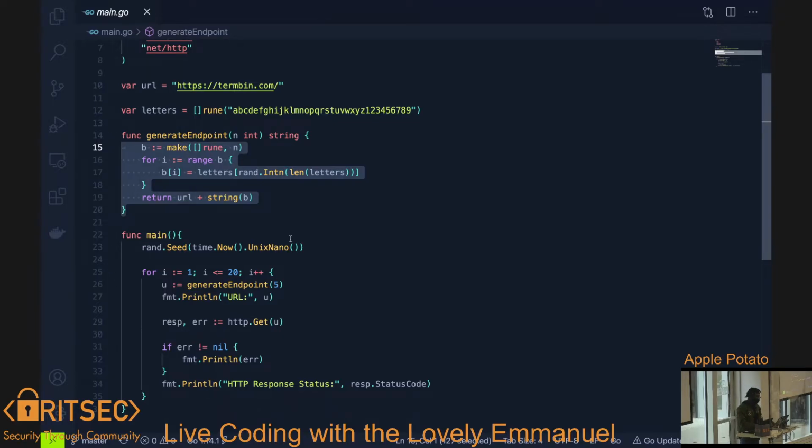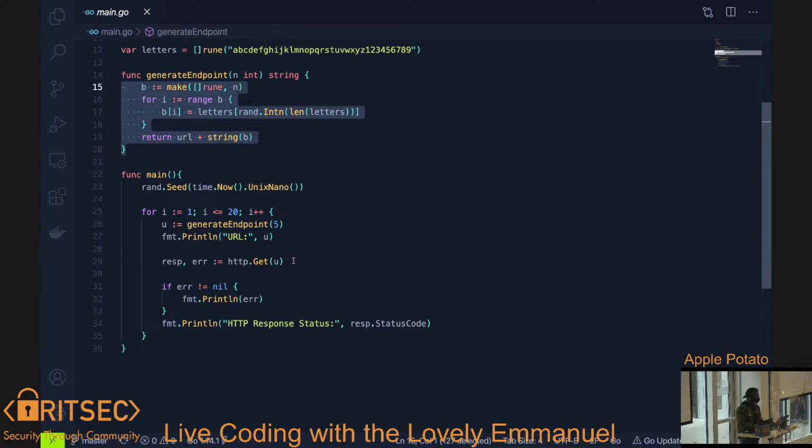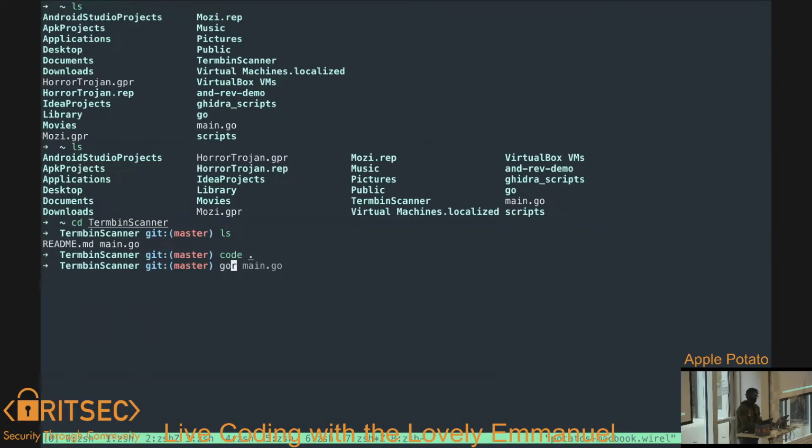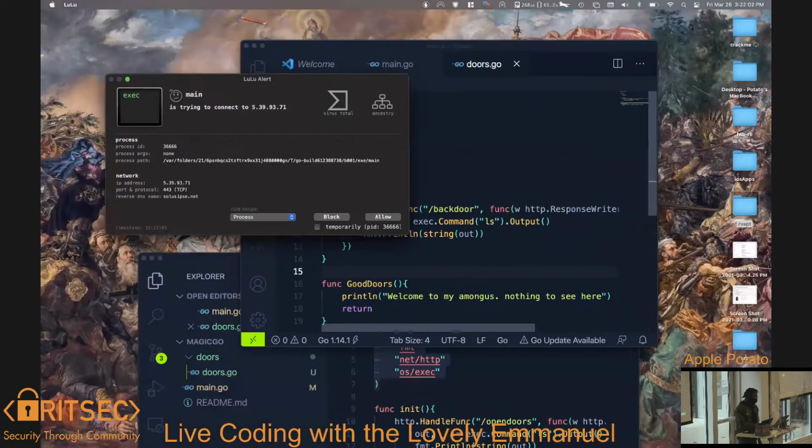Yeah, so with that, you can just constantly create random endpoints and try to see if you ever find a valid URL. Obviously, it's not always going to work because maybe it's too short, too long, or not available. But if you have this running for God knows how long, I did get a 200 one time, and it was some weird document. But yeah, so you write that code.